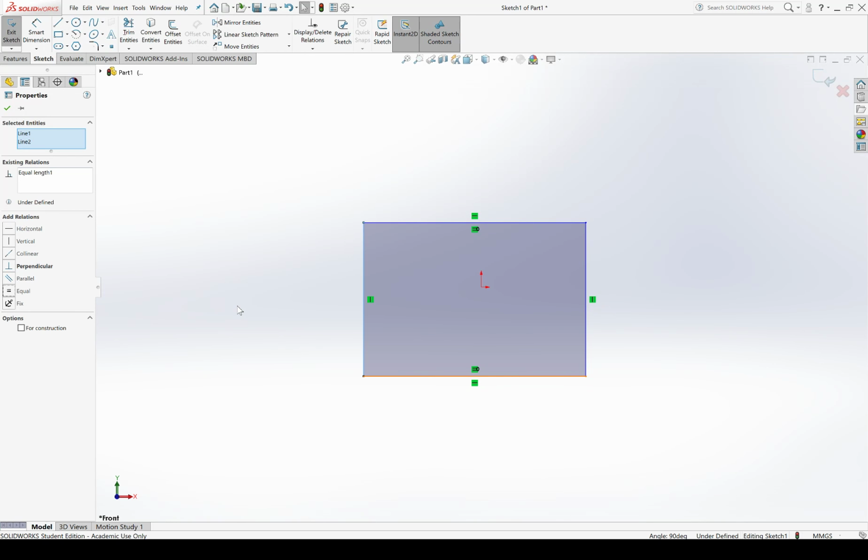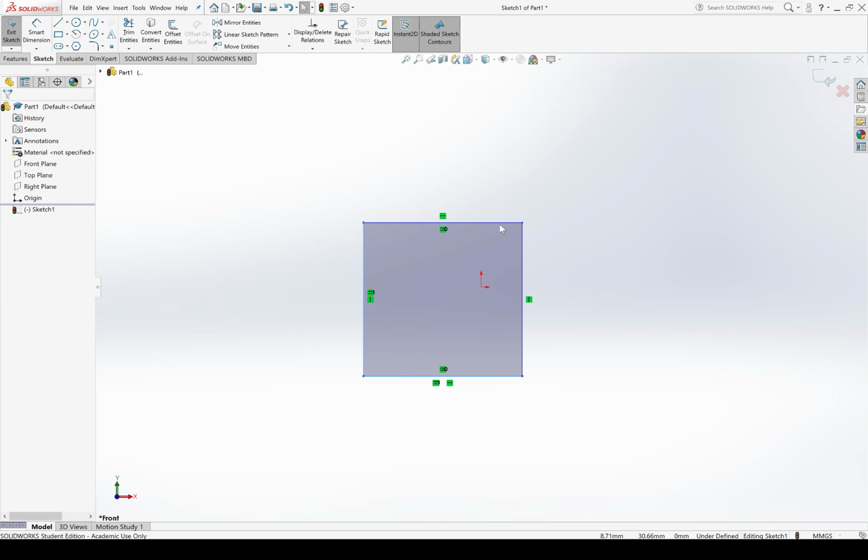You'll notice that as I've been adding relations, SolidWorks has been moving things around. It is moving anything that is not fixed or defined in order to accommodate the relations, and it's doing that kind of arbitrarily so far. You'll notice that my lines making up the square have changed in length pretty drastically. Because they're not defined, I could redefine them at will. If I click on the corner and drag through space, I can redefine the shape and position of the square because it's not yet defined.